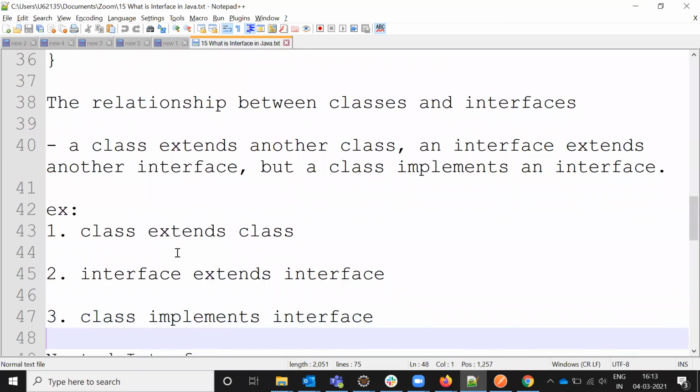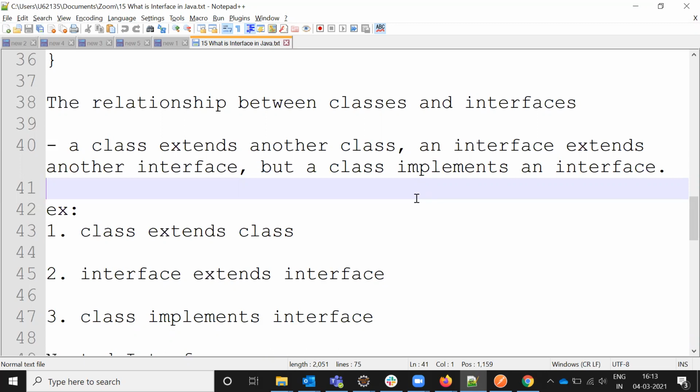Regarding the relationship between classes and interfaces: a class extends another class and an interface extends another interface, but a class implements an interface. Whenever you want to inherit from another class, we use extends, and in the same way an interface also uses extends.